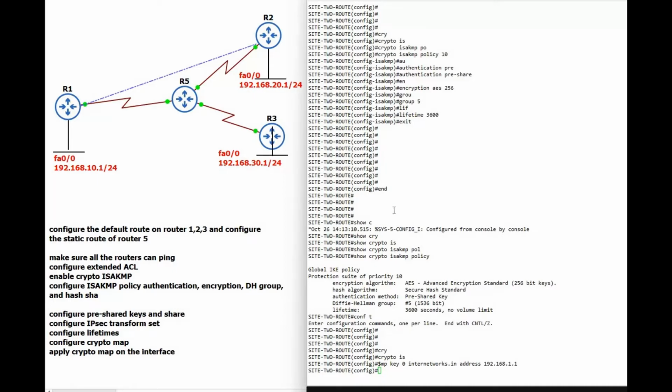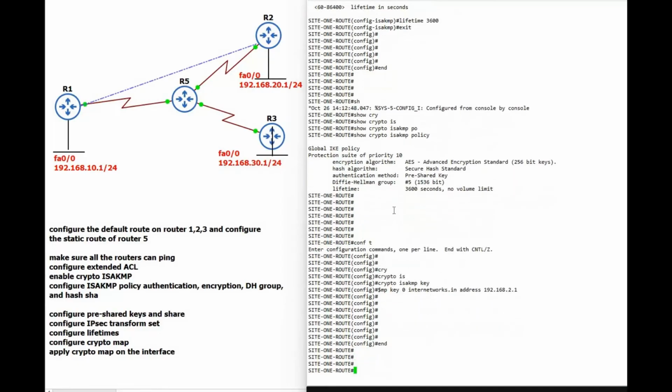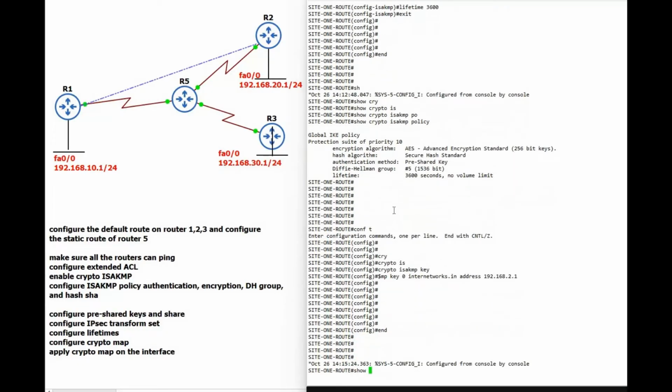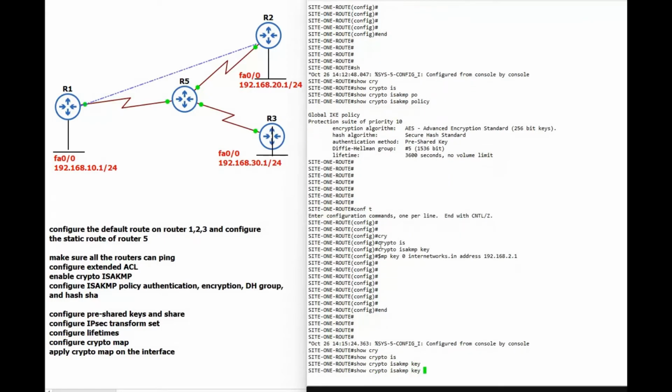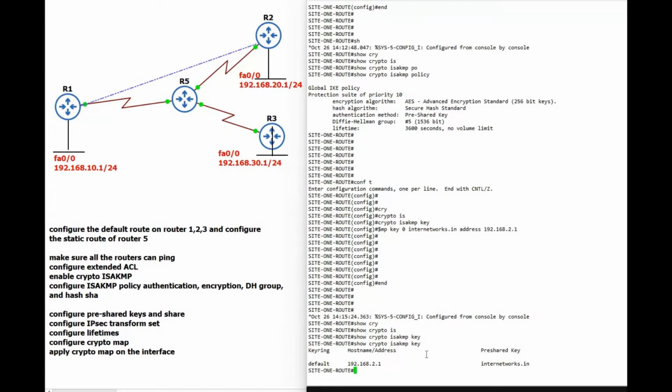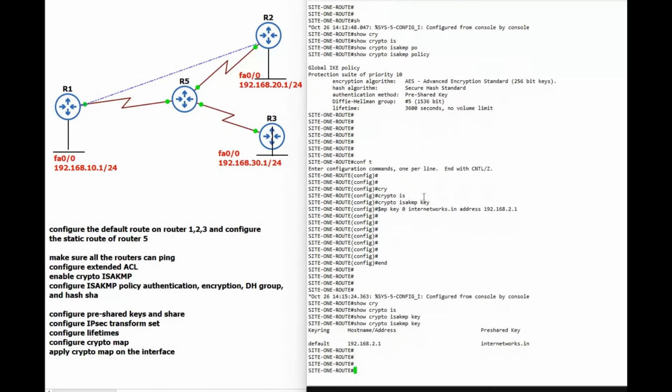So let's verify the crypto key, and the command is show crypto ISAKMP key, and you will see the key is internetworks.in. Our peer address is 192.168.2.1. The same way,